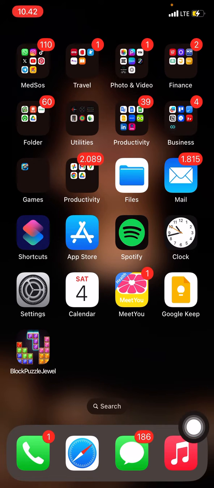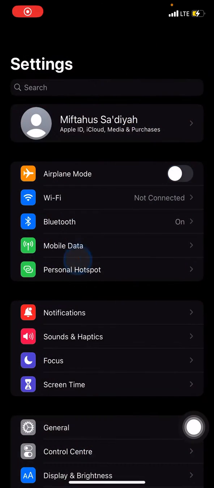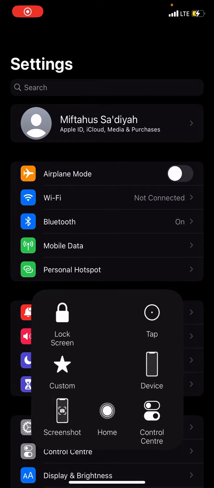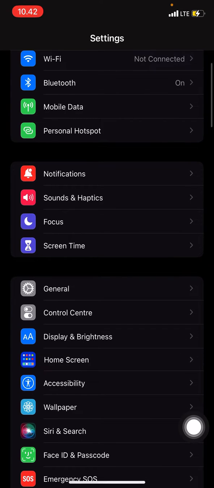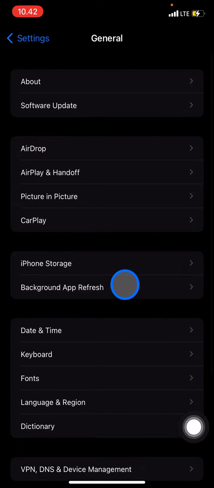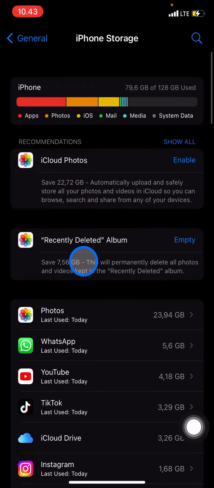So the first thing we have to do is go to Settings here. You just need to click it, and after that scroll down until you find General. In General, click iPhone Storage. After you click it, you just need to wait until your phone calculates all of the storage on your